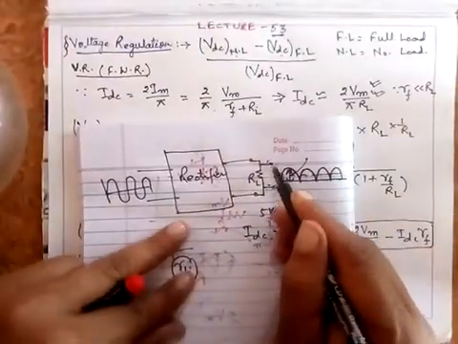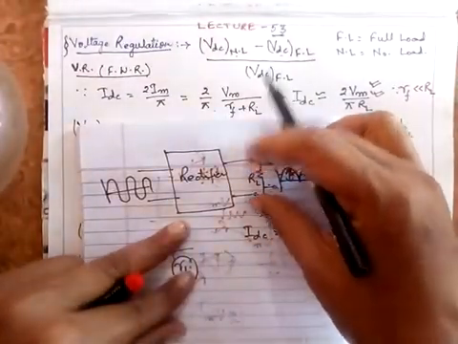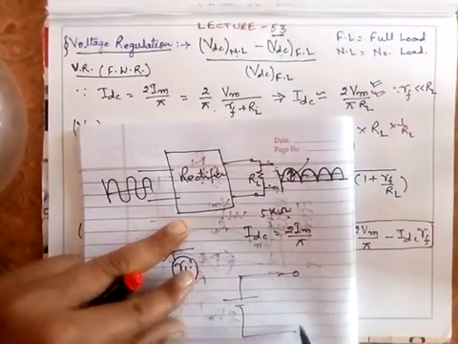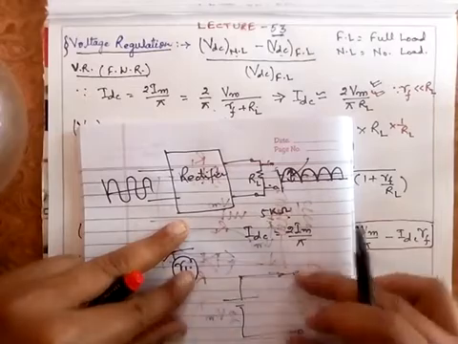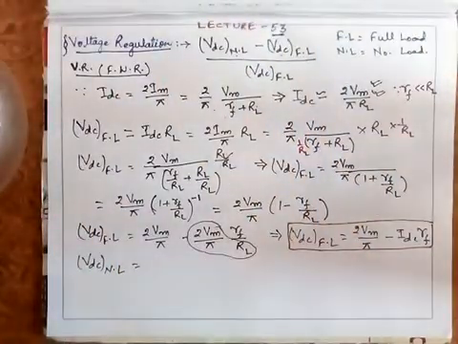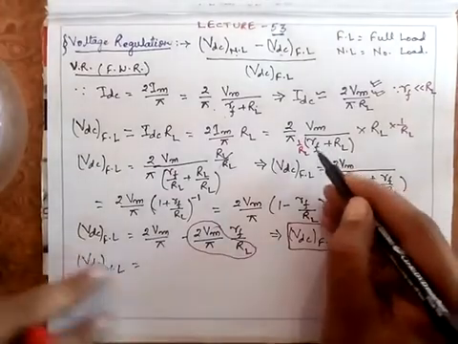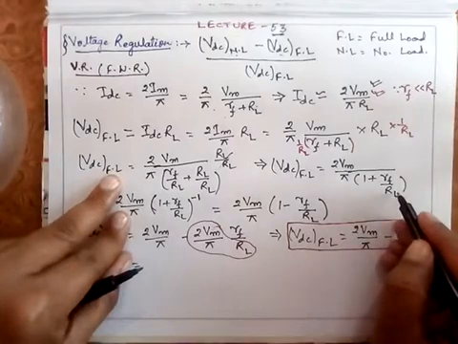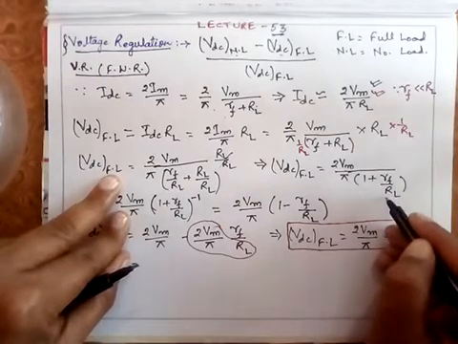If this does not exist, suppose there's a voltage here and I don't have any element here, it means this is infinite resistance here. It is very clear. So at any stage, where should I substitute this? This is at full load when RL exists. At this point, this quantity is infinity.